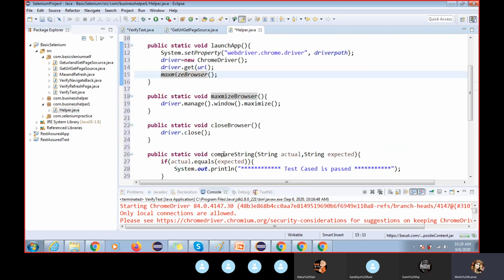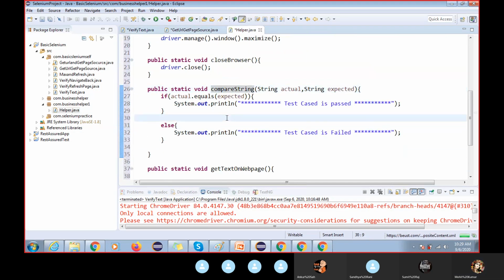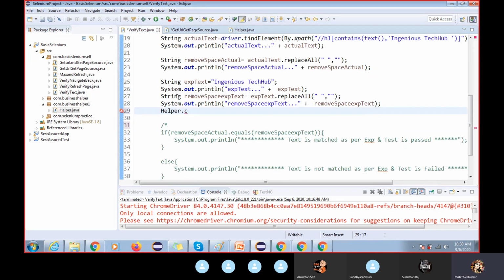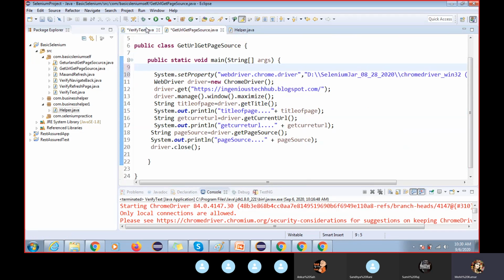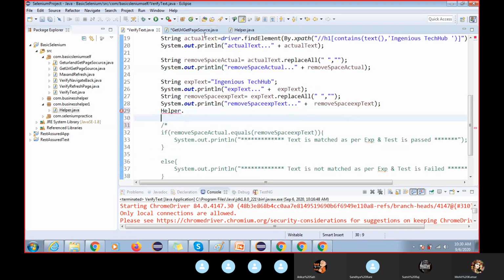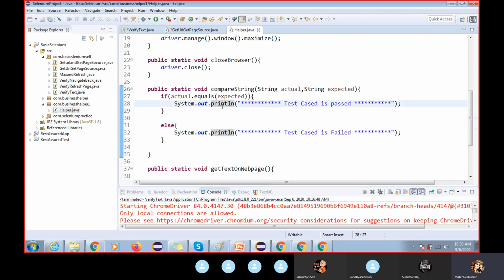Wait, where is it? Why is it not coming up? Did I write it with a capital letter? Sometimes it is not saved properly, that's why it is not taking.